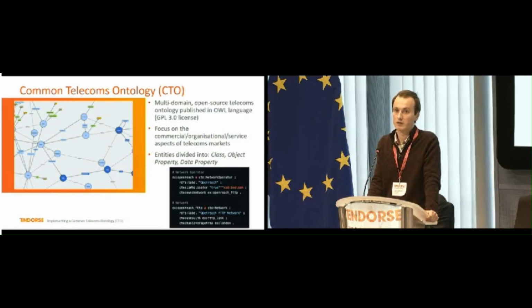Our data is a lot more cross-domain, and it starts off with commercial data and organizational data. So that means the relationship of organizations that provide telecoms to the services they offer at the locations they offer them, and then also over the networks, the specific types of networks that exist that they offer it over.